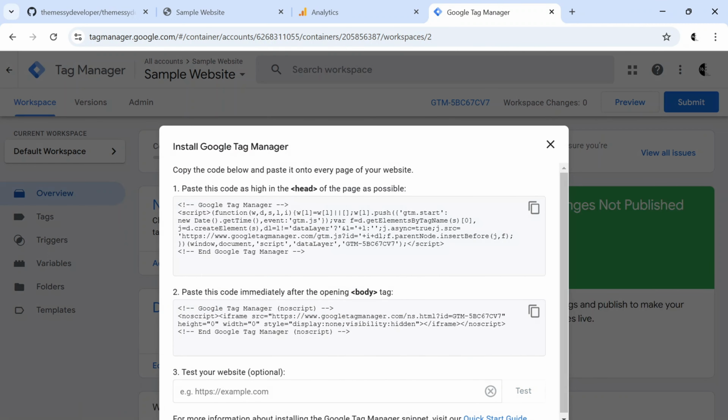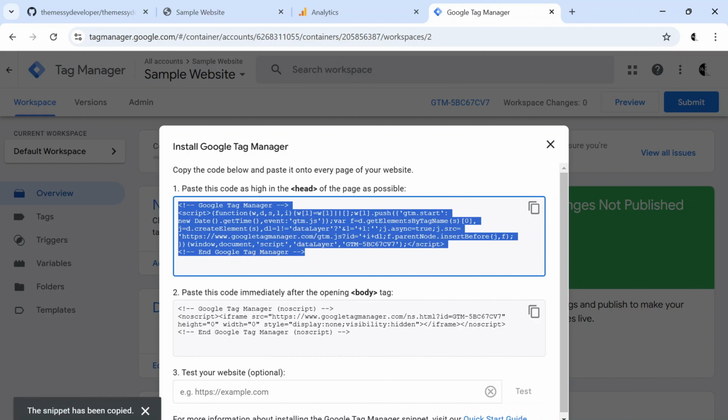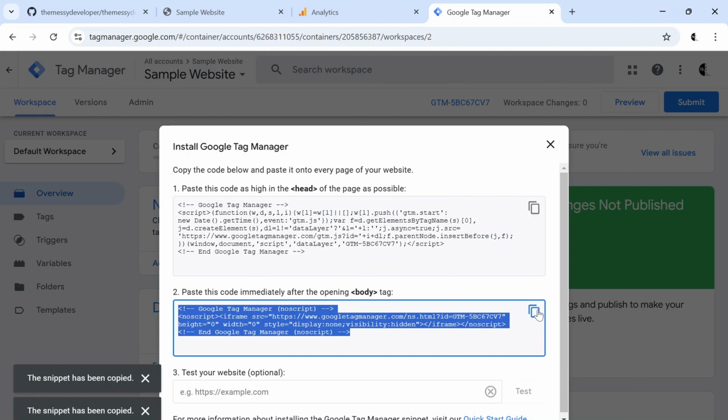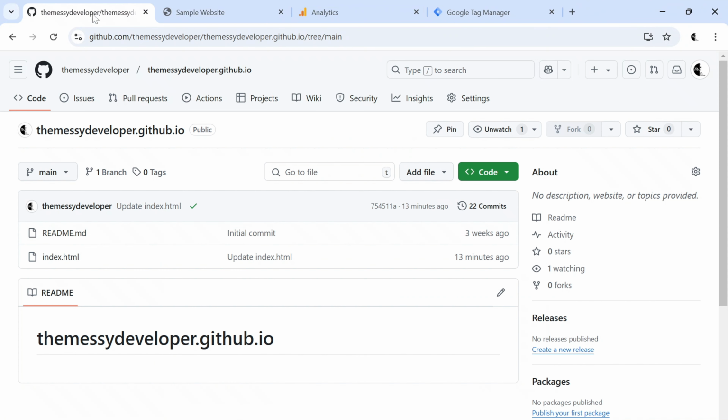We have got the installation code. So this is the code which we have to paste in our head tag and this is the code which we have to paste in our body tag. In every pages of our website, with whatever pages we want to track, we have to paste this in all those pages. So for this video, I have created a very simple application and it is having only one page,